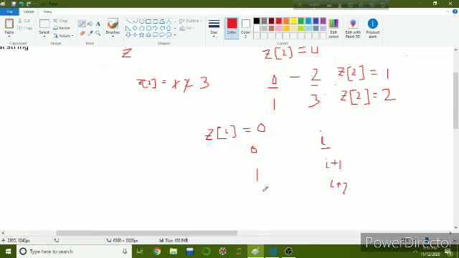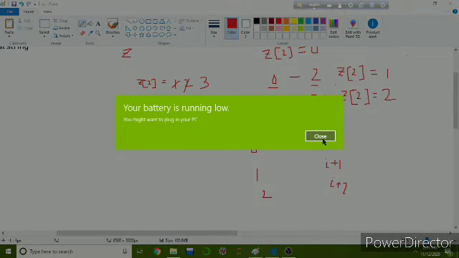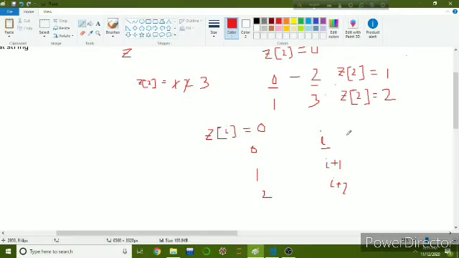with the second character. So initially if the 0th and ith character is a match, then we know that zi will be incremented to 1. Okay, so then we will match the 1th character with the I plus 1th character. If it is a match, then zi will be incremented to 2.